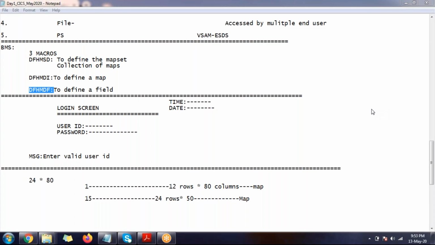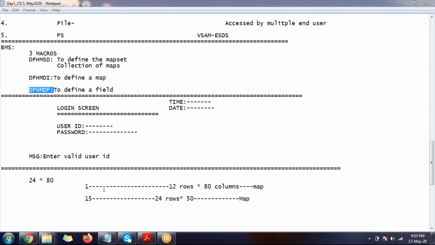Yes, Suchita, go ahead. Why 24 rows? Is there any specific reason that we use 24 rows to create a map? No, there is no reason. Our standard screen size is 24 rows, 80 columns. There is also 32 rows, 80 columns. That depends on the terminal.